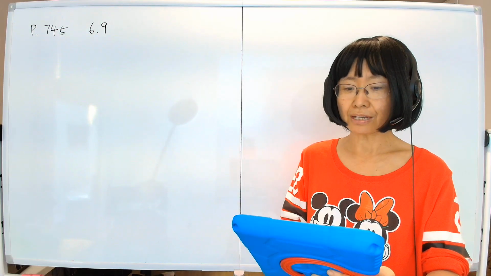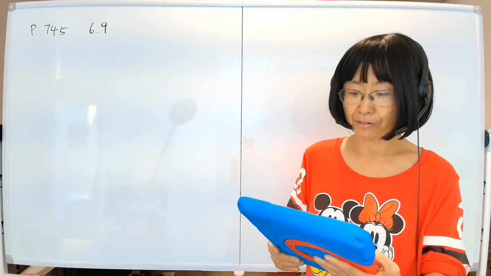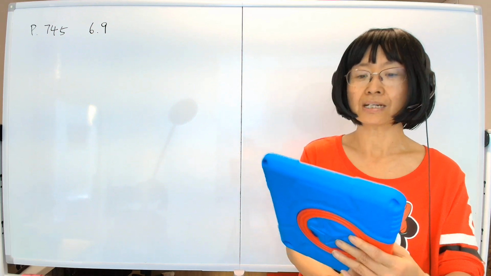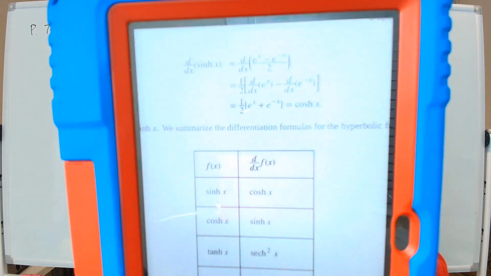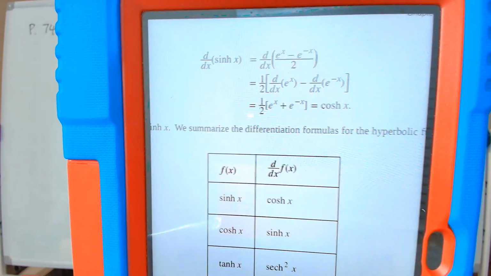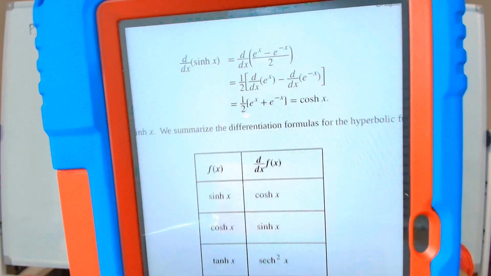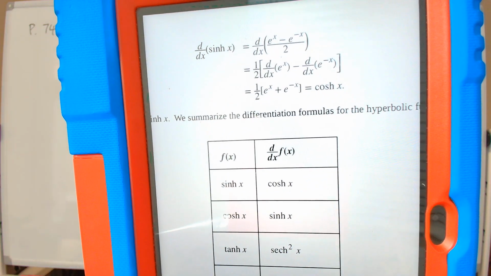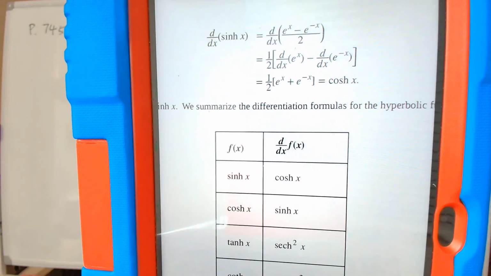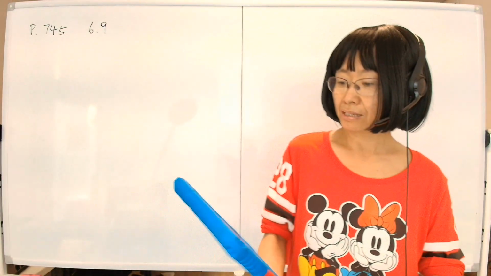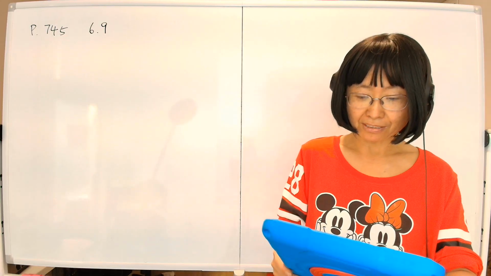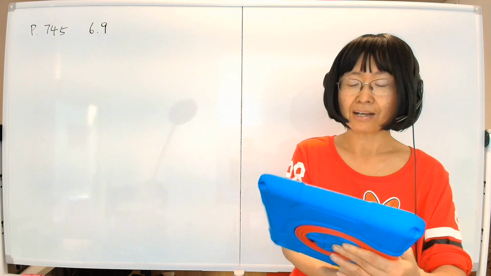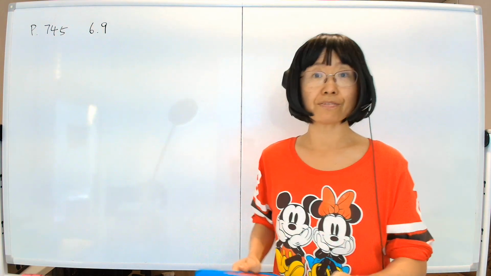Now, the derivatives of the hyperbolic functions also mirror the trigonometric functions. For example, look at the next page. When you take the derivative of sinh x, which doesn't take much because it's just e to the x, and we all know how easy it is to take the derivative of e, it rounds up, and by the time you're done, you realize that it is just cosh x. Similarly, all the other stuff works out about the same. After you do some basic algebra, you come up with an entire chart of the derivatives of the